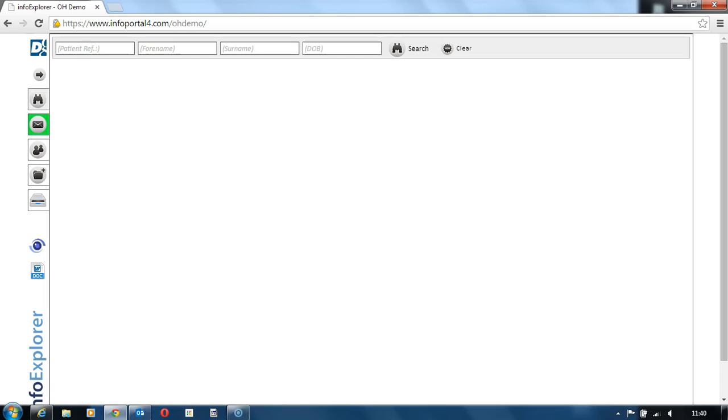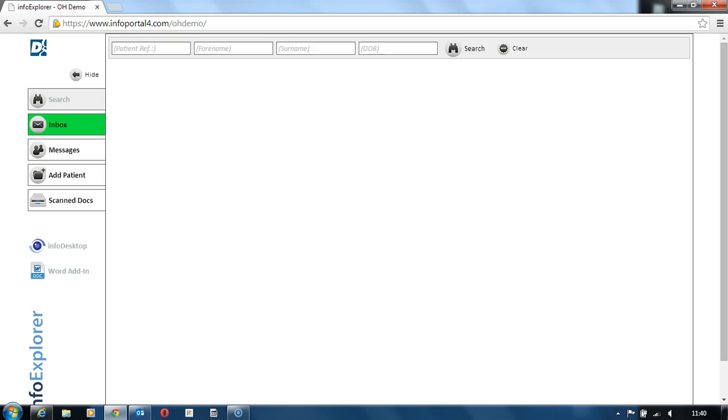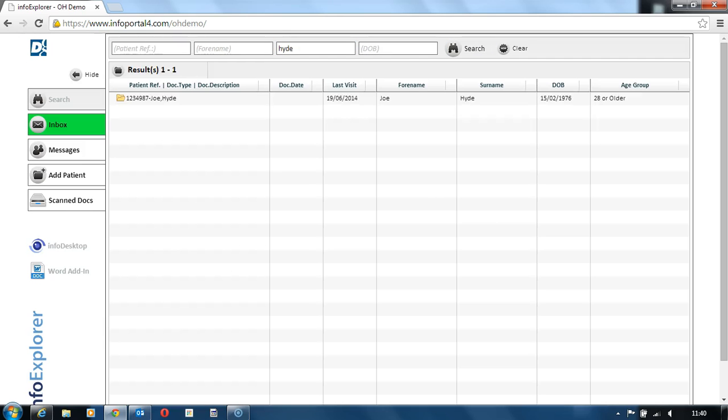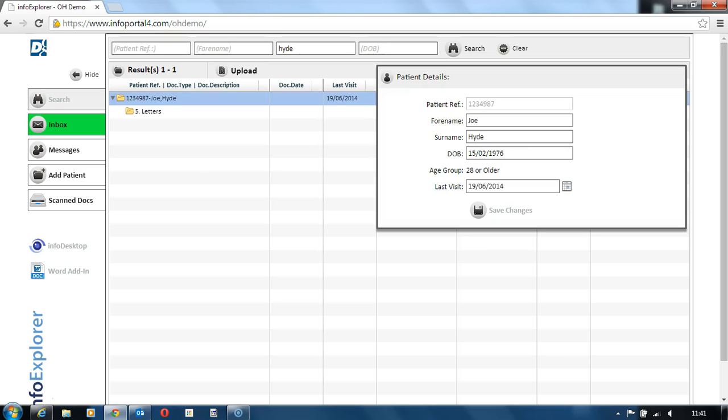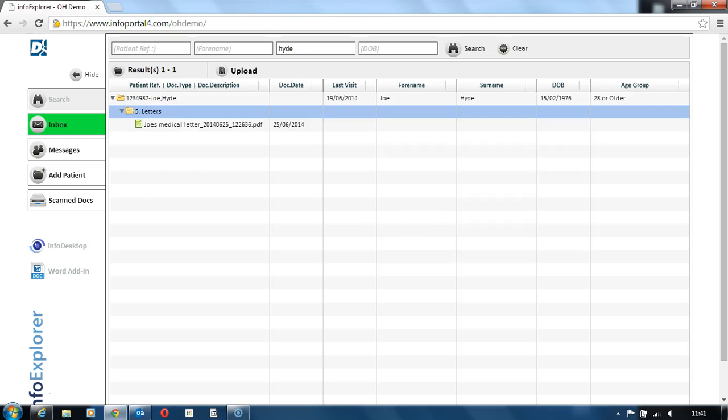We'll quickly cover the main functionality. Down the left hand side you can see the search, inbox, messages, add patient and scan documents. If we quickly look at how we can search for patient information, we can search for any of the metadata here. So if we search for a patient name, we then retrieve the folder with the patient information, and below that any subfolders that have been created with the